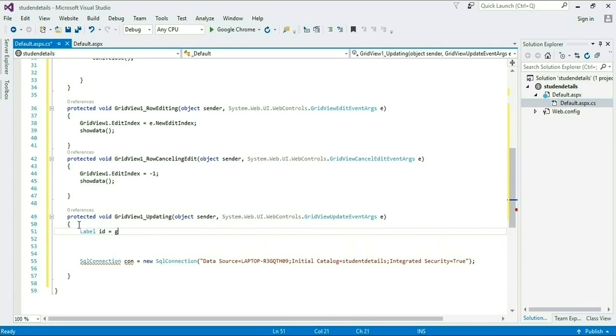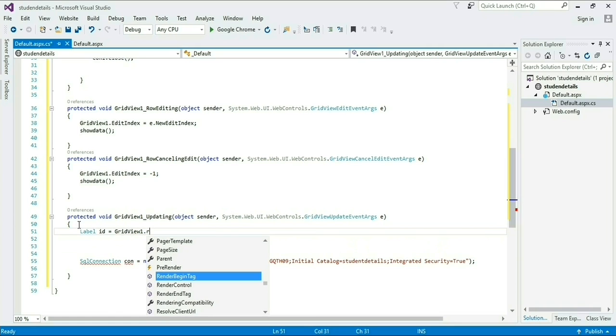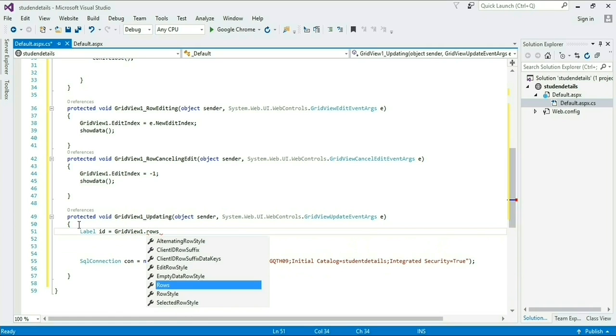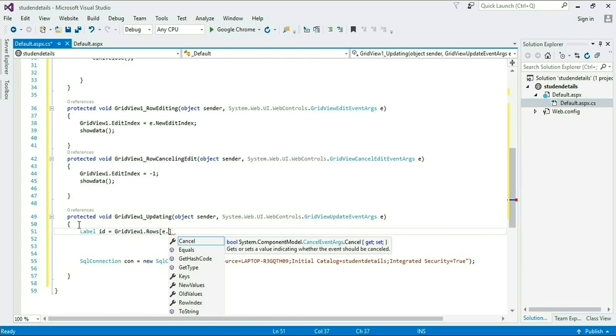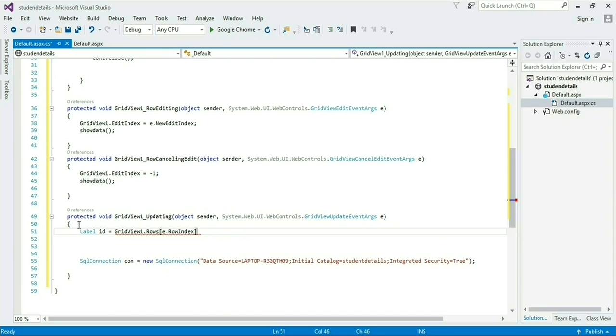Now I am taking the label ID and text box of the GridView into an object, or you can say into a variable.